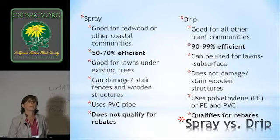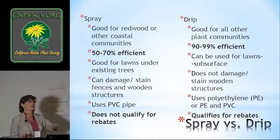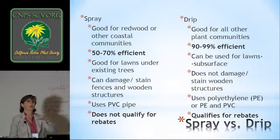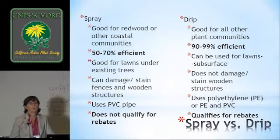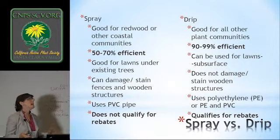Yes, David. I'm using spray for a native meadow, simply because it's the only way I can reliably germinate the annual seeds. Yep. Everything else is drip in my native garden, but I have to use spray there. So he's talking about trying to germinate the seeds in his native meadow, and if they're germinating at times when it's not raining, he wants to give a little bit of supplemental water to keep those seeds germinating. So if you're doing that, then you're doing the best that you can, especially if the rest of it is in drip, okay? So I believe that drip is good for many, many areas,